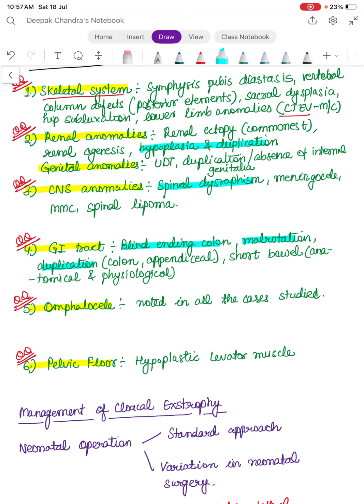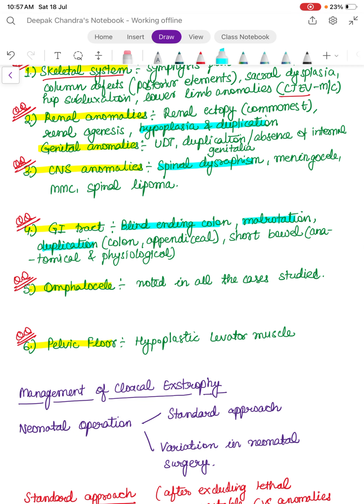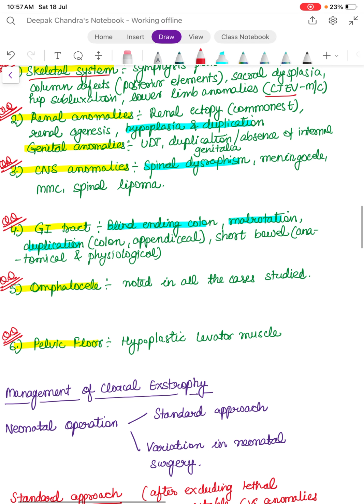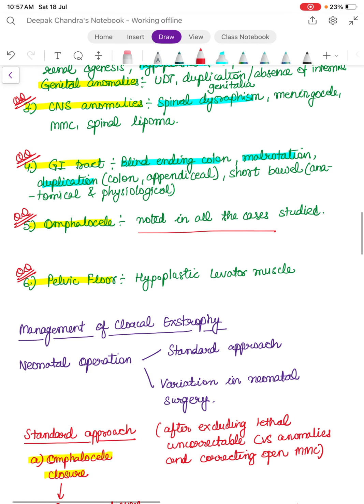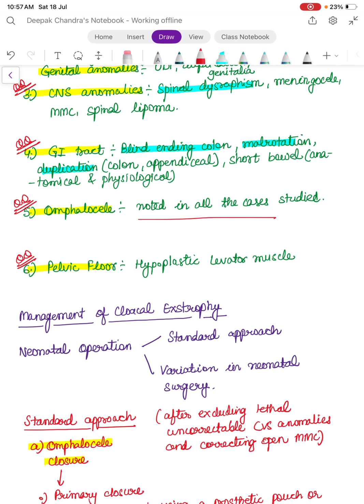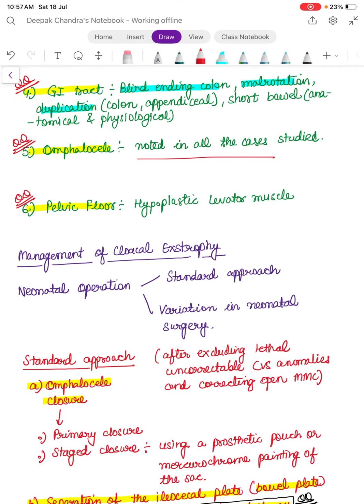Then short bowel, which can either be an anatomical short bowel, when we see the cecal plate area and how the bowel is arranged, or a physiological short bowel syndrome due to the myelodysplasia and defect in the absorptive capacity. That omphalocele is noted in the majority of the cases. And if you talk about the pelvic floor, there is a hypoplastic levator muscle in the majority of these babies. Then if we talk about the management of the cloacal extrophy,